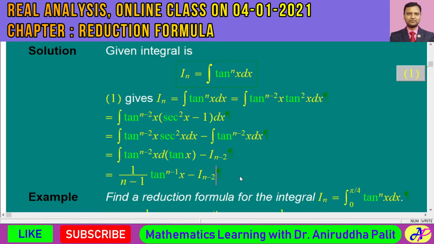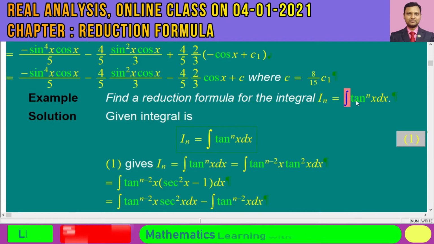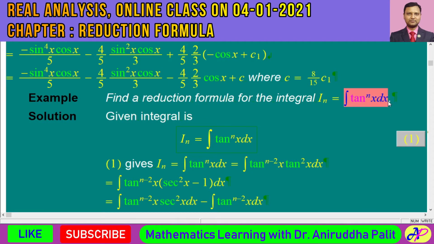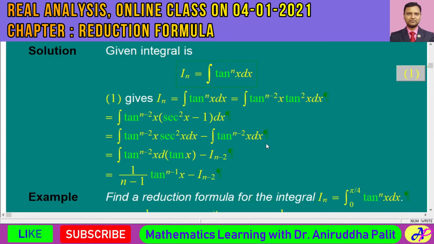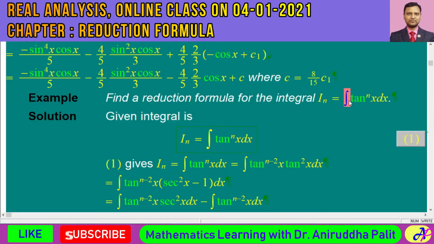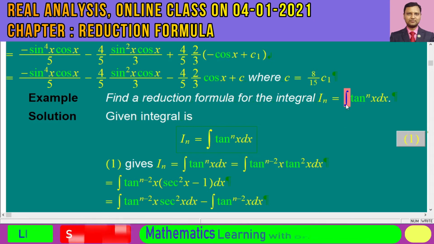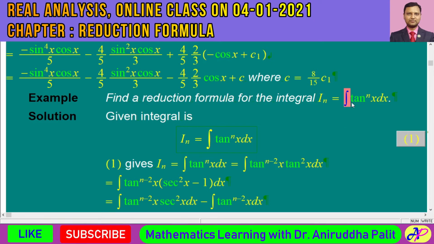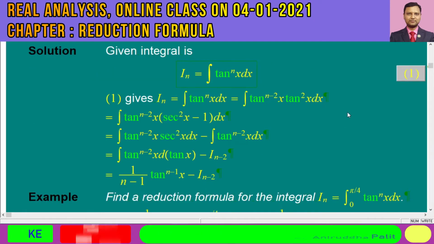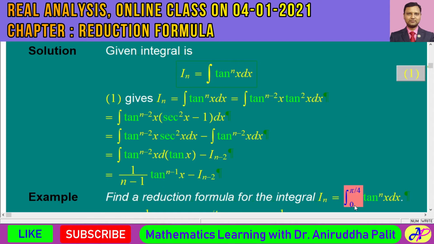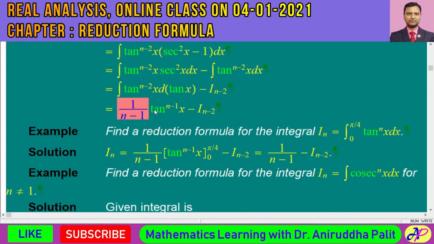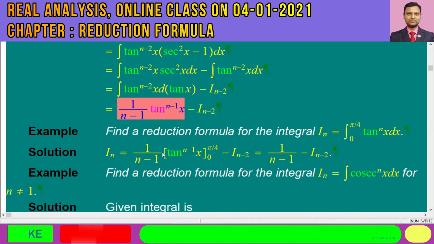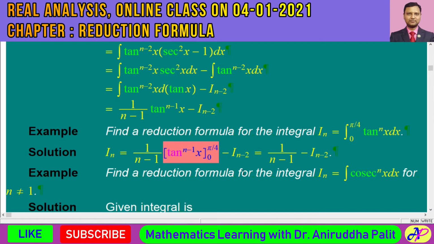This would be the reduction formula for the given integral, tan to the power of n x dx. Sometimes this was an indefinite integral. Sometimes the lower and upper limits are given. Maybe that lower limit is equal to 0 and upper limit is equal to pi by 2. In that case, what you need to do in this first term is put the upper and lower limit